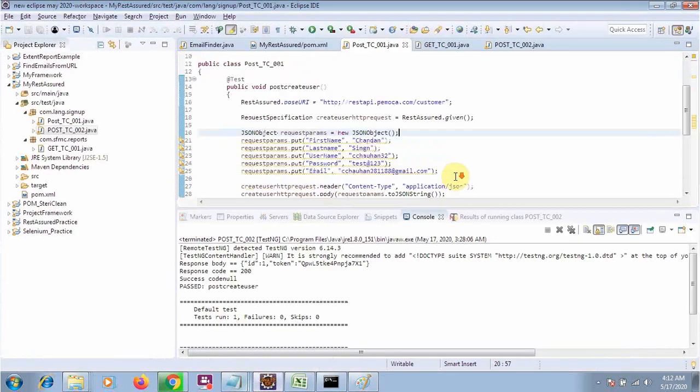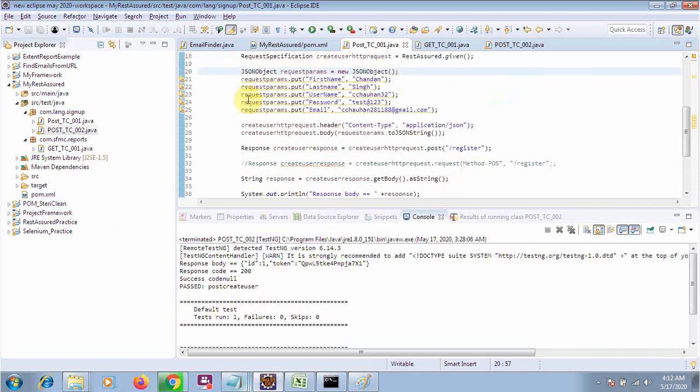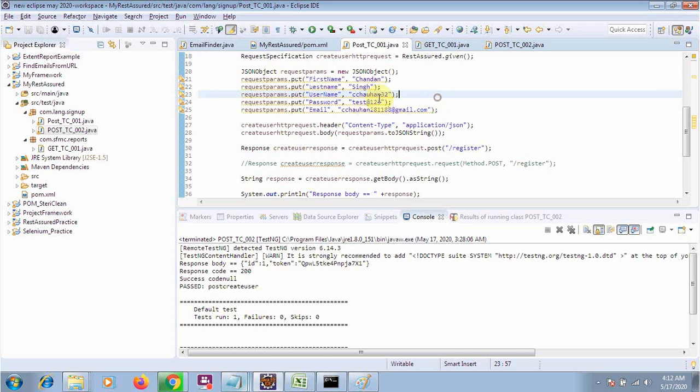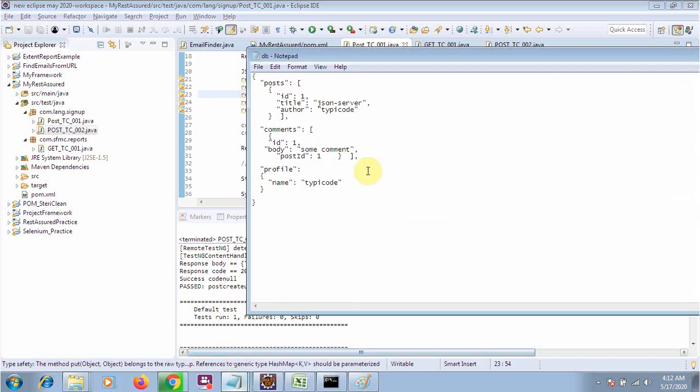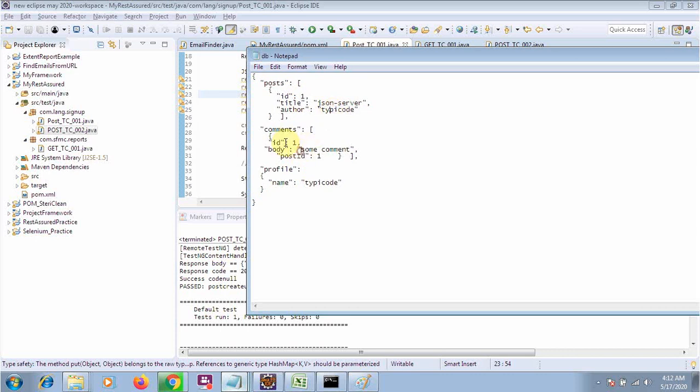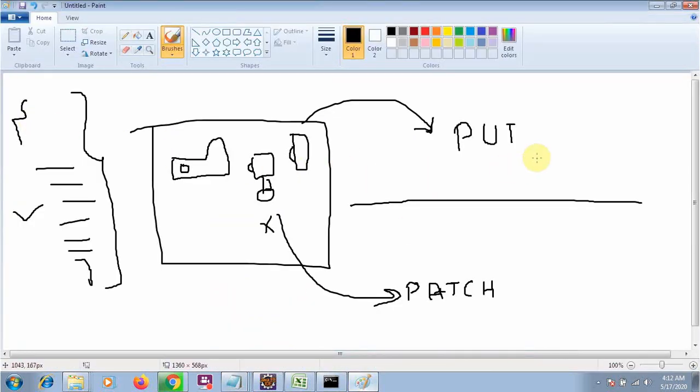For example, if I'm saying this is the body that I'm passing, okay, I'm just giving an example. In the actual video, I will write it. Suppose I want to update this one, or you can say this is my file, and I want to update this simple command. So I will prefer the PATCH command. If this simple record will be updated with the PUT command, I have to send the complete data, that ID is equal to 1, this one, this one, this one, and here I have to change the value. So this one will be updated. This is the basic difference that I am trying to tell you between PUT and PATCH.